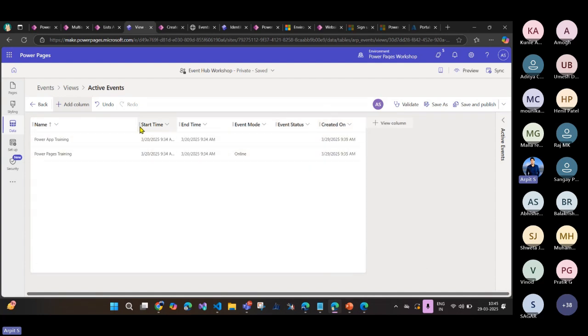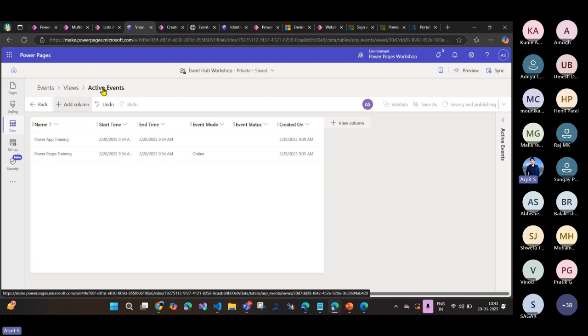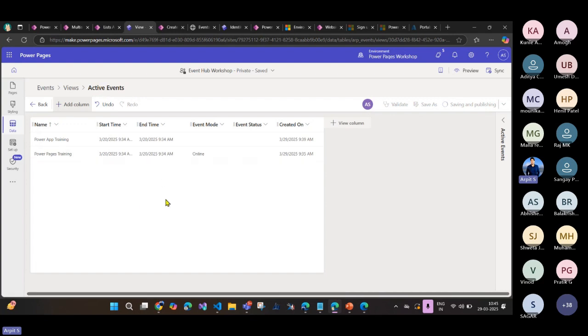All right. So this is the way you can simply make the changes directly in the views, save and publish. So that's why I'm saying, for example, you are using this active events view in the model driven app for the internal Dataverse users, and they may not want to have these additional columns. Okay, but for the portal user you want to show these additional columns. So in that case, it's always a good idea to keep those views different. Okay, because one you are creating for internal users and one you are creating for external users. Now, if I hit